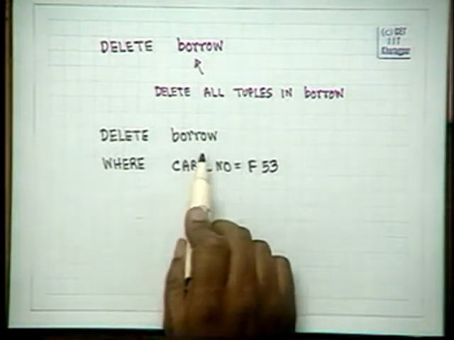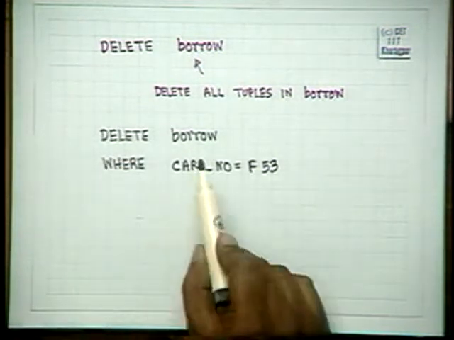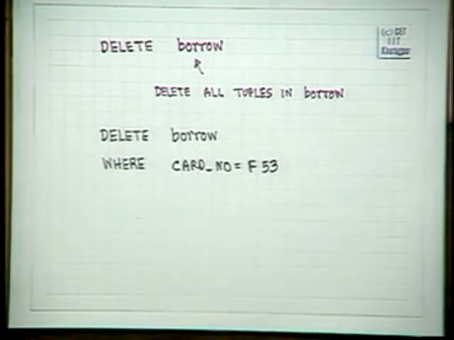Delete from borrow where card number is equal to F53. That is, it will delete all tuples in borrow such that the card number is F53.